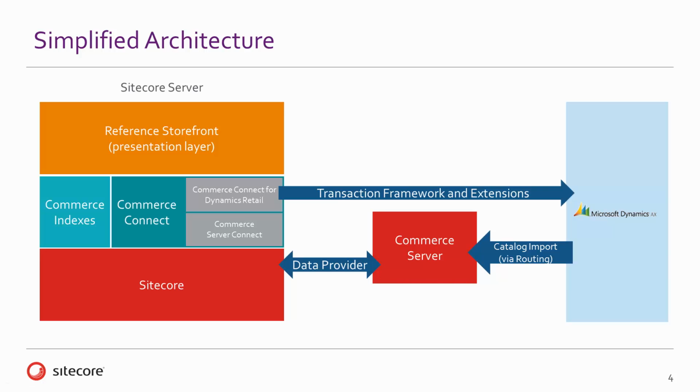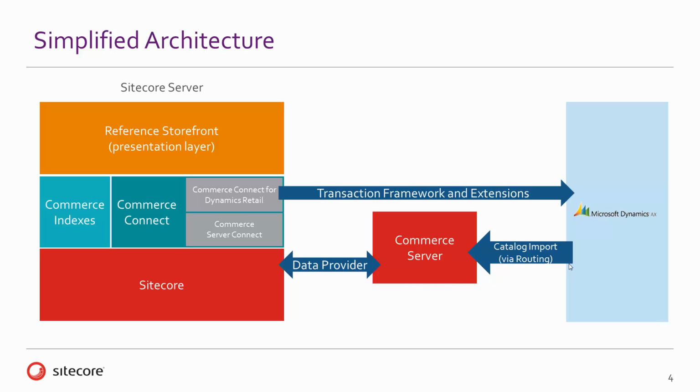And so one of the things that we'll be doing is looking at this routing framework, and there are a number of ways to kick off a routing process. The default way is a scheduled task within Sitecore that'll basically say, once a week, go and pull that information from Dynamics and pull that into Commerce Server. Although you can have console apps, and there is an SDK that has a console app, and we'll be using that to test our installation and actually show you a bit more of what's going on in that routing framework. And there's also other ways that you can call that as well through web service, for example. And so there are a number of examples in how the routing framework is used, but